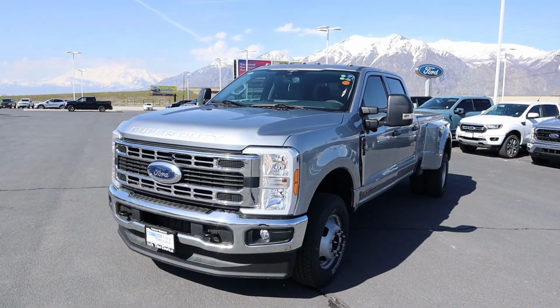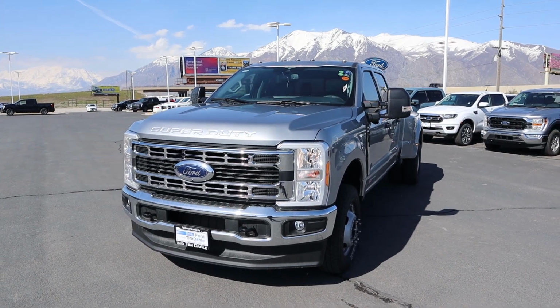Hey everyone, it's Ben Hardy here, and in today's video we're going to be reviewing a Ford F-350 dually with the high output Power Stroke, and I think you guys are going to be absolutely shocked with the towing capacities on